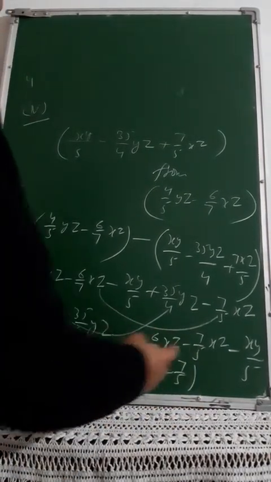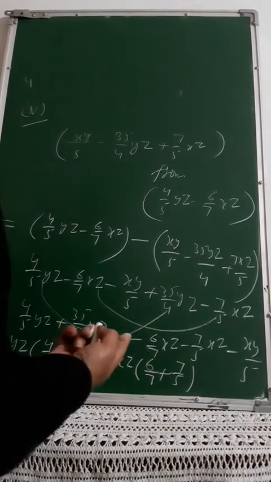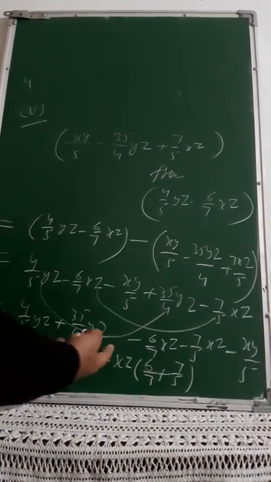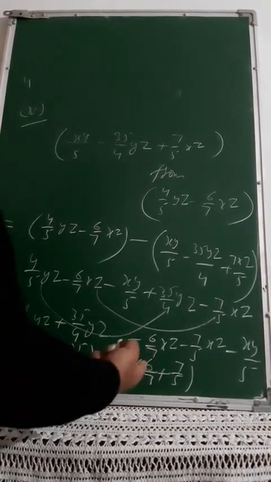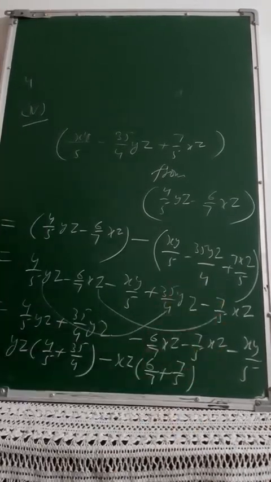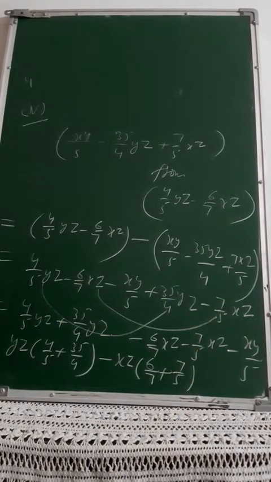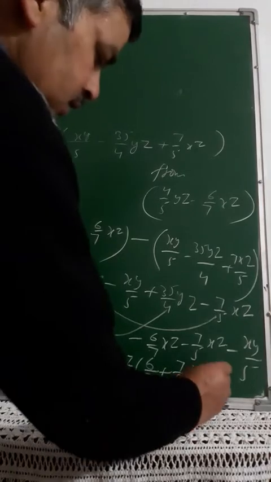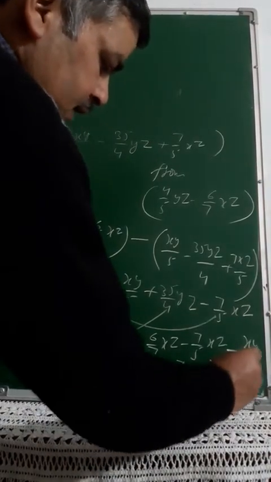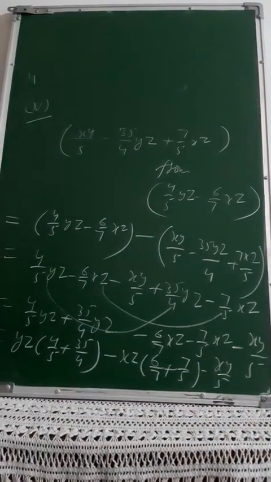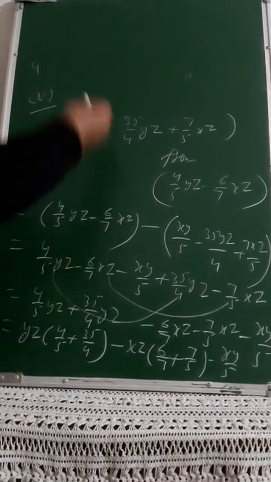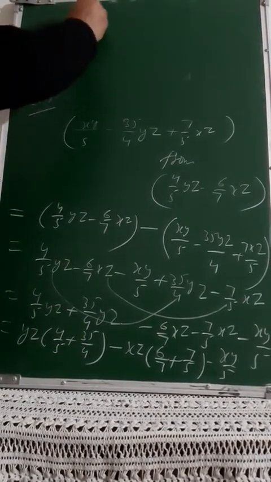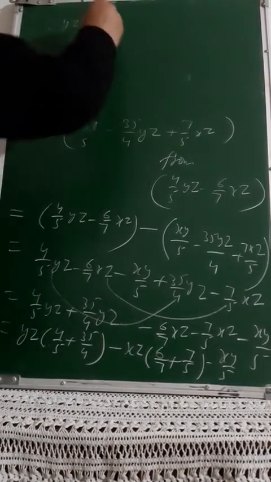So minus minus, I have taken minus common, but it is not necessary that you have to take common. If you take plus xz, that will also work out, but then you need to put a minus sign with both 6 upon 7 as well as 7 upon 5, and minus xy upon 5 will remain as it is. Now you can solve the brackets comfortably, that is yz into